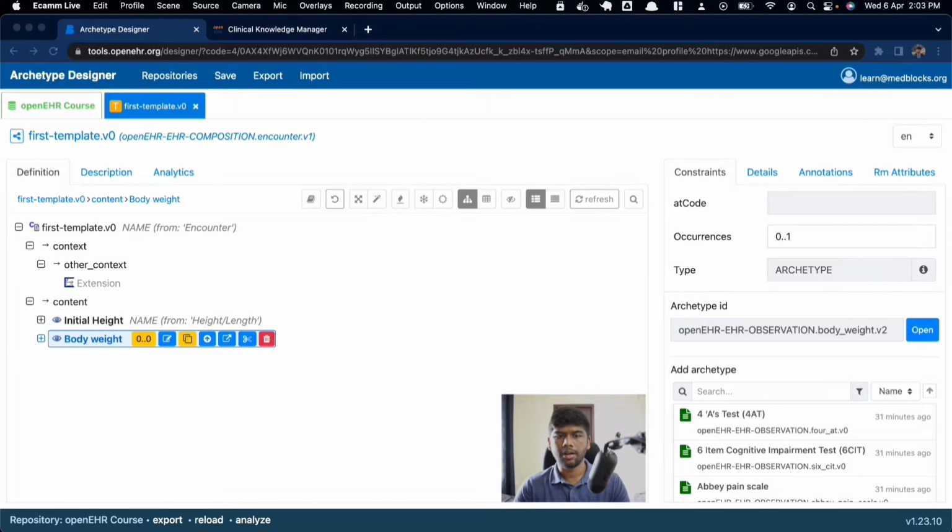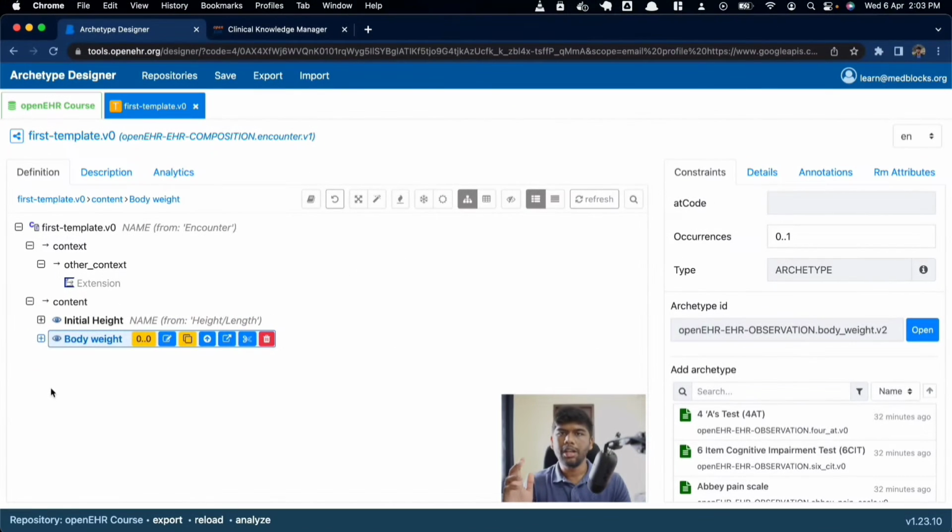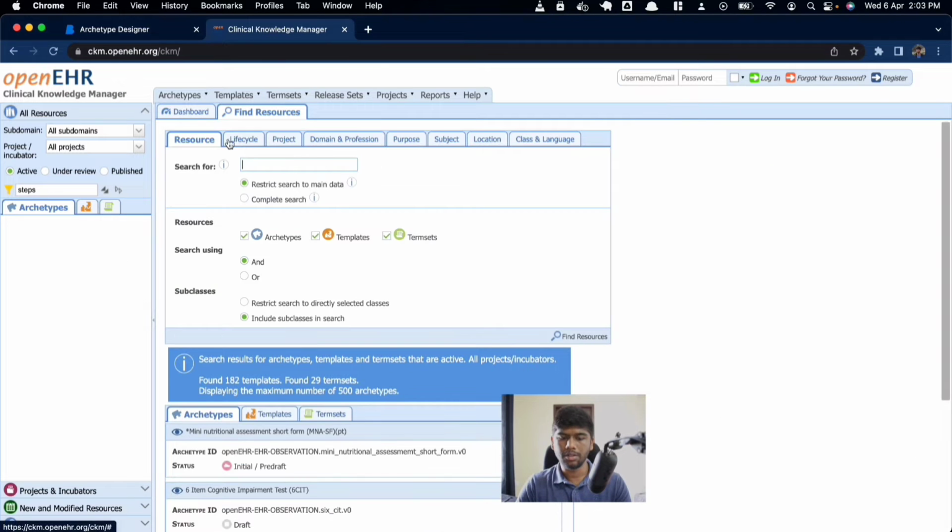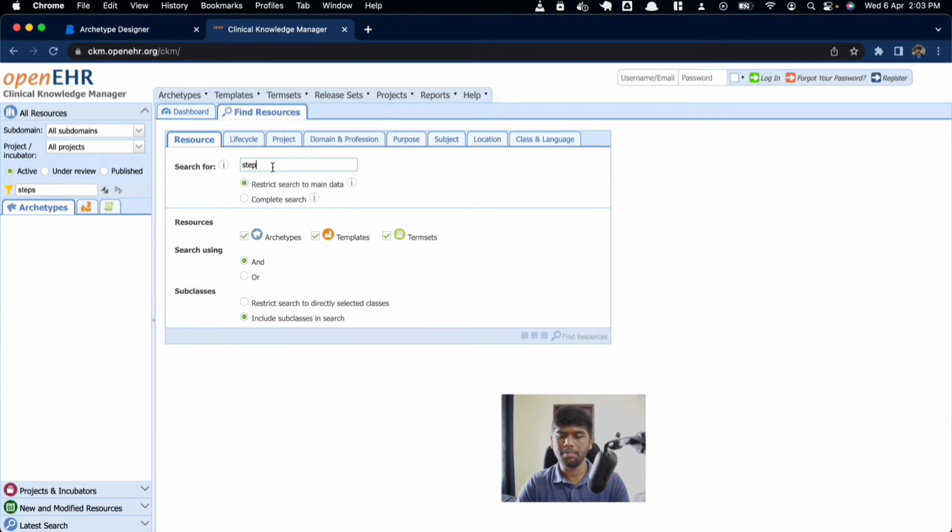So now continuing on this template, let's say that I want to record how many steps the patient has taken before coming to the hospital. So hopefully there is an archetype for that. So let's go search the CKM. Now I'll just click on search again and click on step